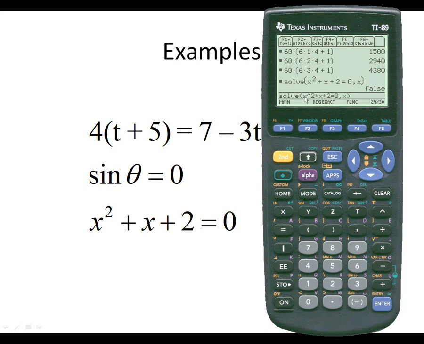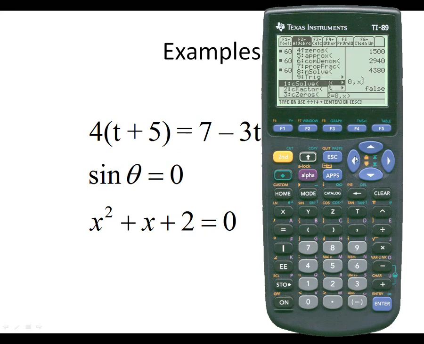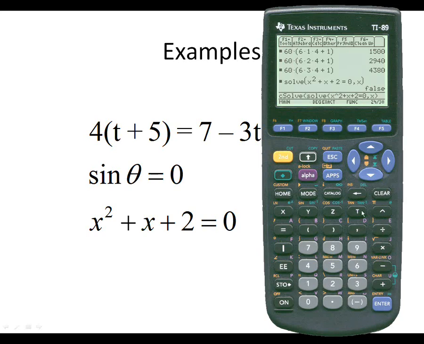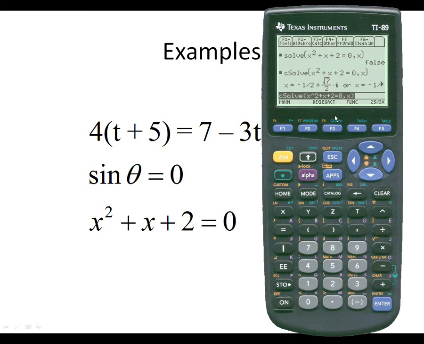So if you want the complex solutions, you don't do solve, you do csolve. If you go to your algebra menu here, you see that there's csolve, and the way I accessed that was in the complex menu. So csolve, let me do that instead of solve. I could have also just added a C in front of the solve. And when I do that,